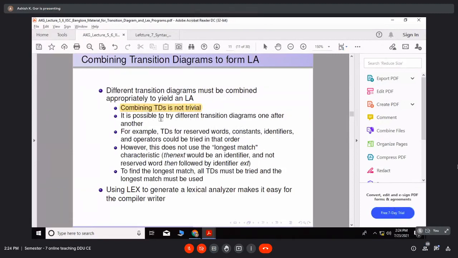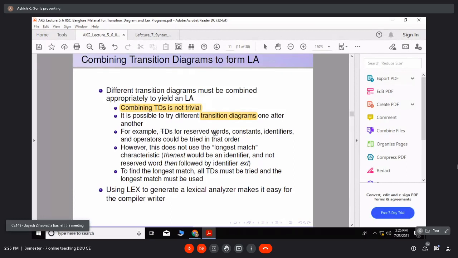Because for everything you have one transition diagram, like for identifiers, operators, numbers, keywords. For everything you have a transition diagram. Transition diagrams are nothing but finite automata.